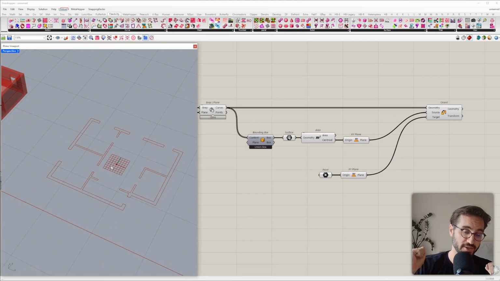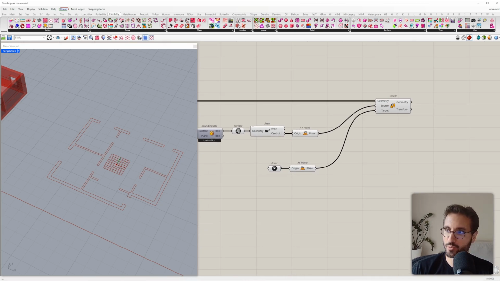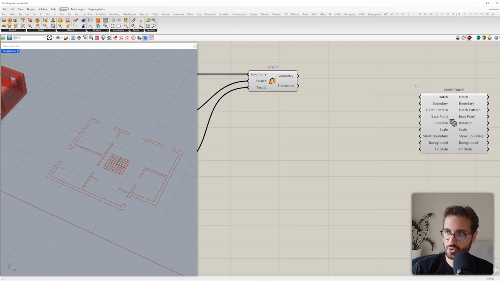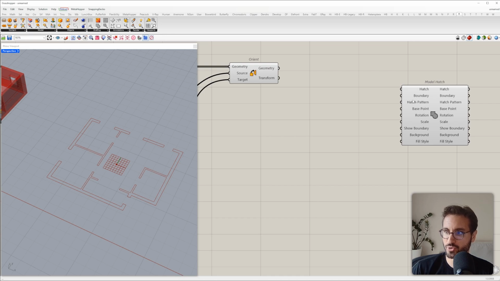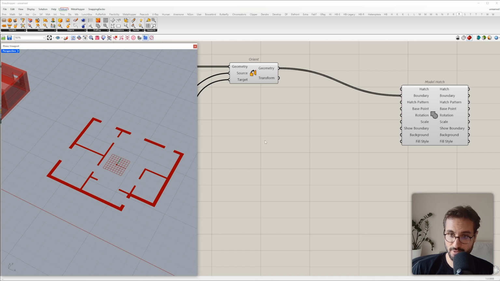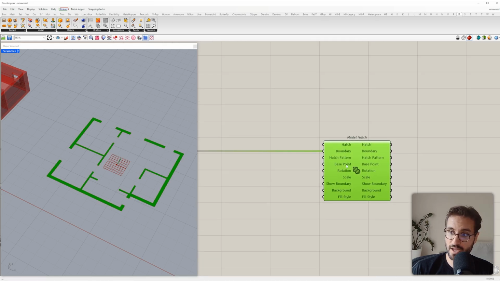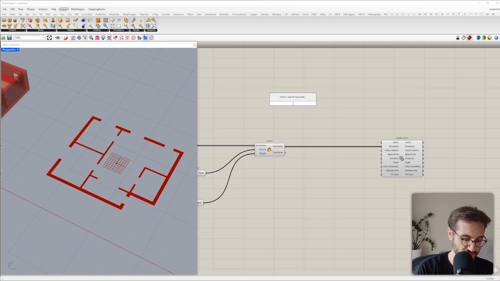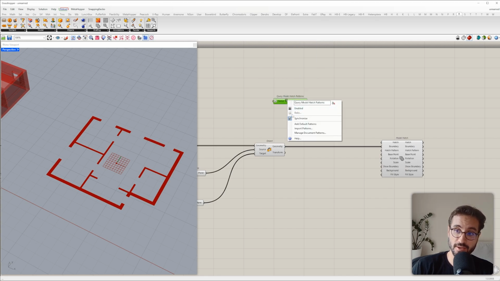Now I will show you how we can hatch this floor plan. So I will go into Rhino tab, and here you will find component model hatch. Okay, so there are plenty of inputs. I'm going to use first this geometry, the output from the orient, and we should place it in the boundary. By default it is set to solid pattern, but I will show you how we can get different patterns, different hatches. So I will search for component query model hatch, so this one, and with this component we can add